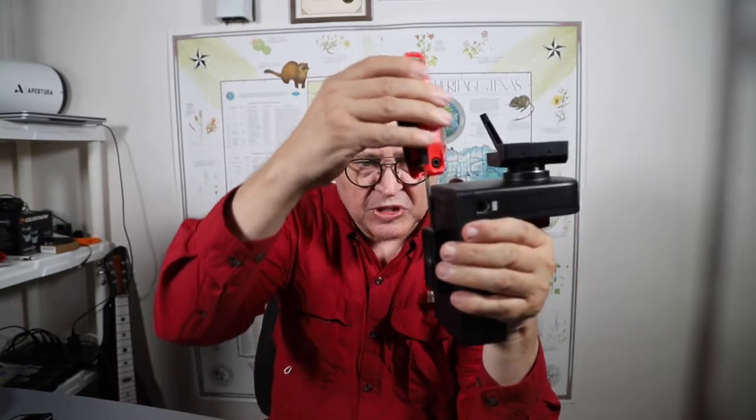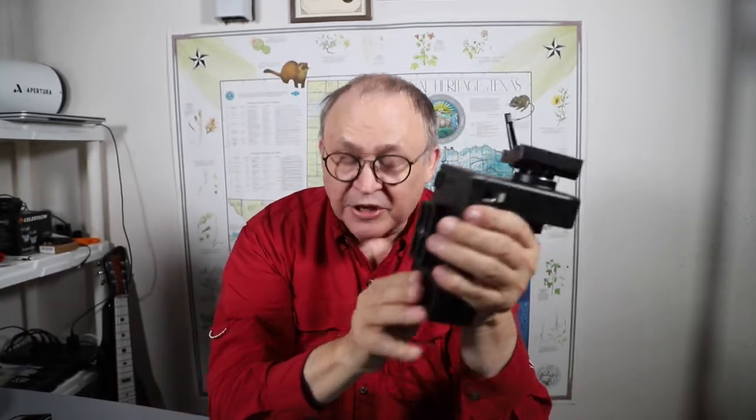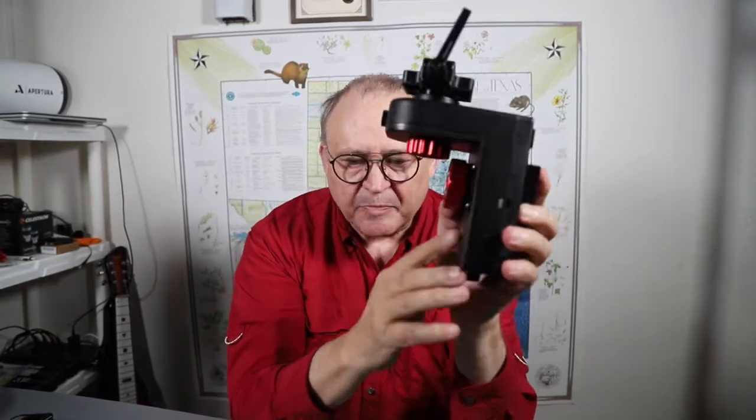I've gotten used to it, and I found a different way to actually loosen it other than trying to take an Allen wrench or something stiff and hard to put in that hole and then putting a lot of force on it to try to get it to turn. Because honestly, you feel like you're going to break it. It doesn't actually break it, but it feels like it. Because what's so odd about this is